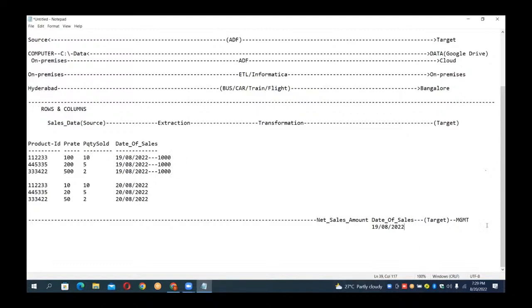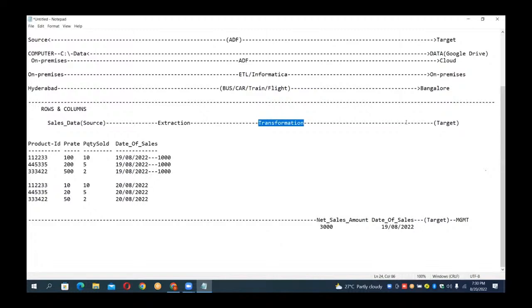Two arithmetic operations you are performing. So I am writing it here: 3000, sorry, 3000 is the date. That is the net sales amount. Now guys, what is the next thing? What are you doing now? This performing of arithmetic operations will be done by using what? Transformation. Ultimately, after the transformation is done,